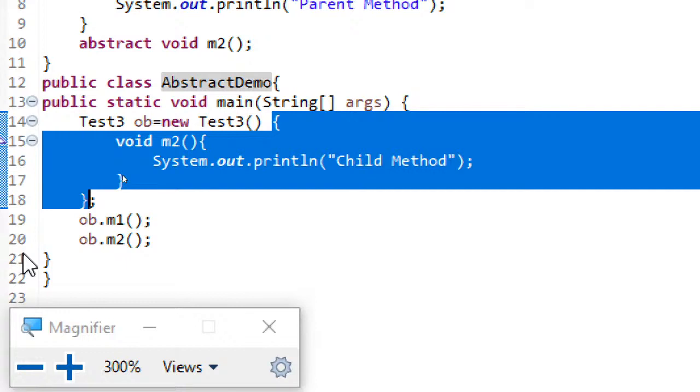So this selection is nothing but the child class but with no name, and the object is being created for this anonymous class. Even though you can see there new test3, the object is not being created for test3. The object is created for the anonymous class with the reference variable of test3. That's the point you need to understand.